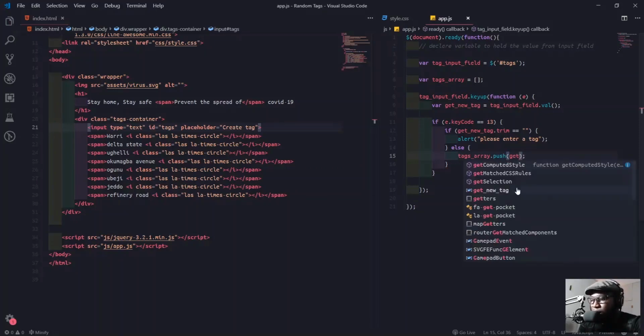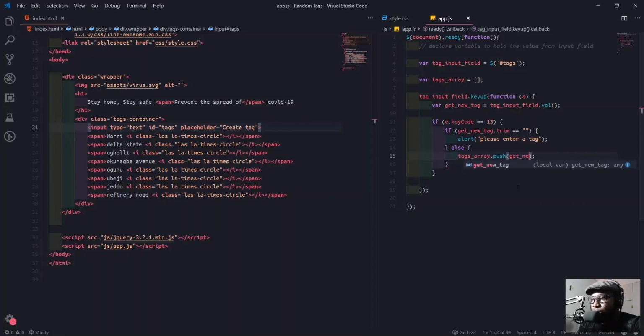So it listens for the key code. If enter is pressed, what we type in the input field is already stored inside this variable.